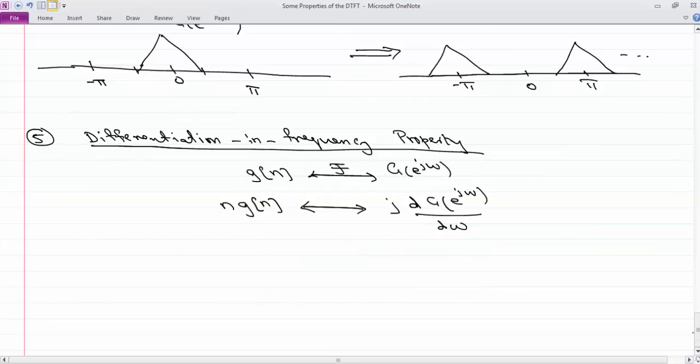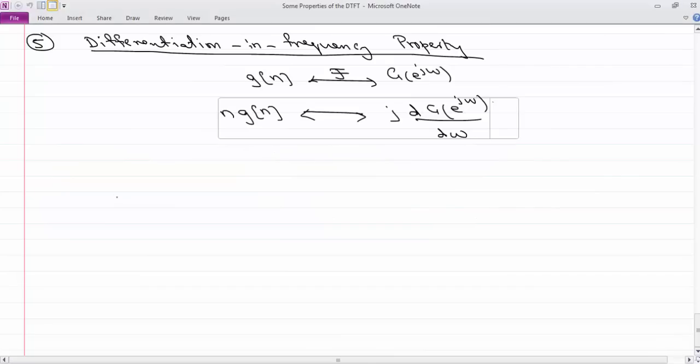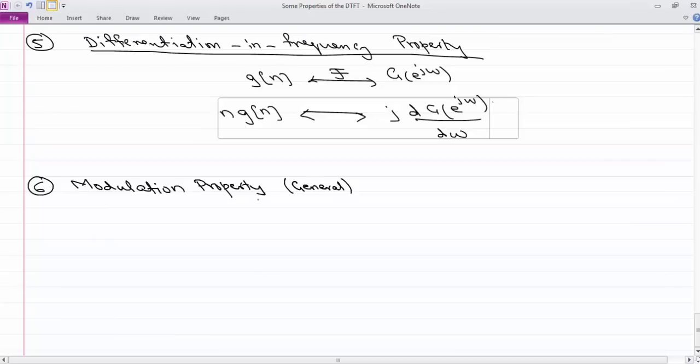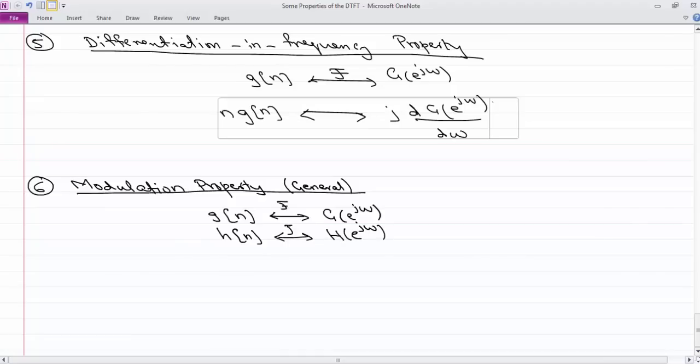And there are a couple of other properties that we are left with. And the next property we want to look at is what's called the modulation property, which is a general version of the modulation property that we looked at before, which meant that you actually take your sequence and multiply it with a sinusoid, and what that does is shifts your frequencies around. Now this is a more general version of that, which is that if you have two sequences Gn, Hn, and their Fourier transforms are G and H, and previously we had looked at the case where H was specifically a sinusoid. So now it is that if you multiply the two sequences in time,